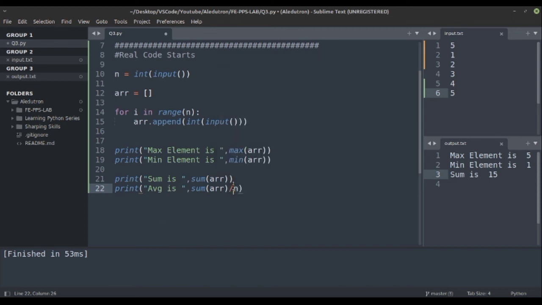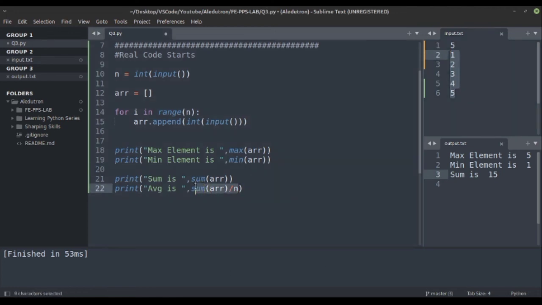So n is the number of elements which we took at the first. This was the reason to take n at the first, so we can easily use it to calculate the average. So we took the number of elements and then n lines which consist of the elements.